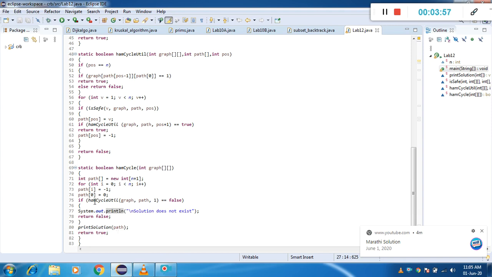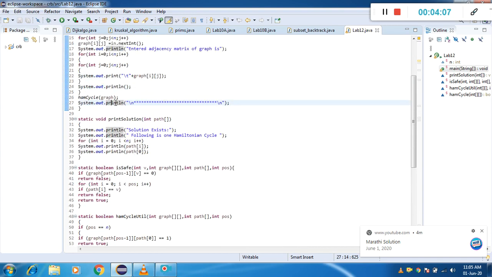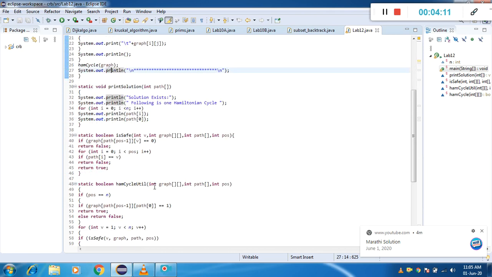Next, check two more functions: whether the Hamiltonian cycle is possible or not, and if possible, print the solution.